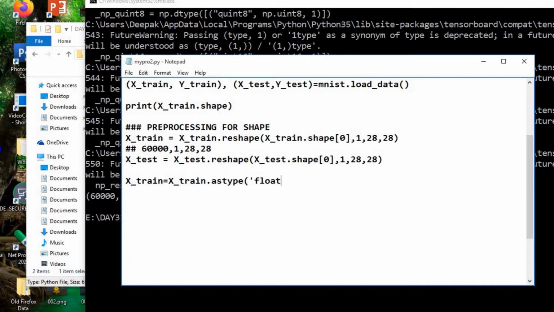Next, x_train is required to be normalized. For that, let us first convert x_train into the data type float32. This is one of the basic normalization processes, similar for test.